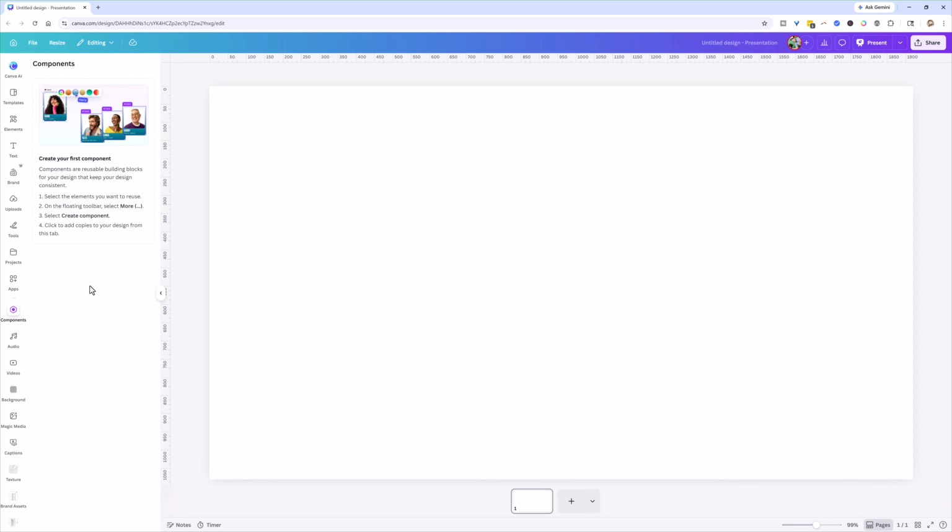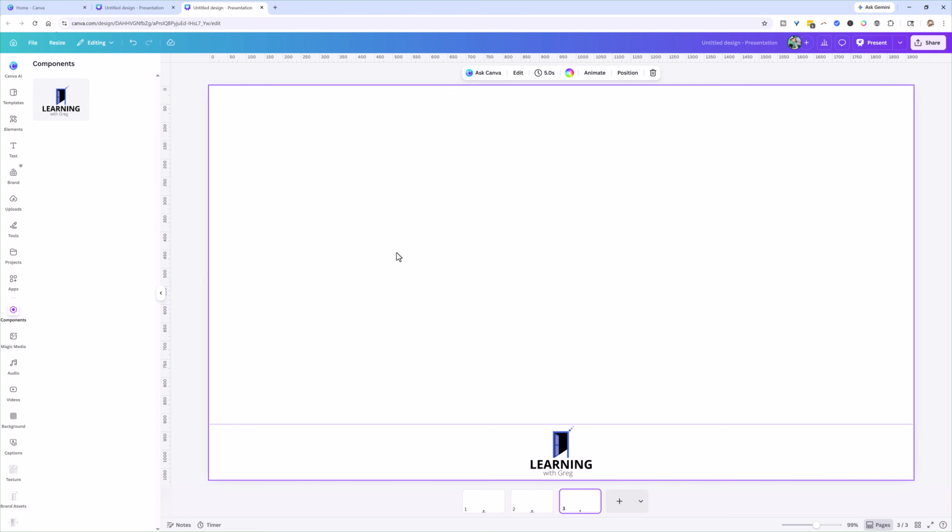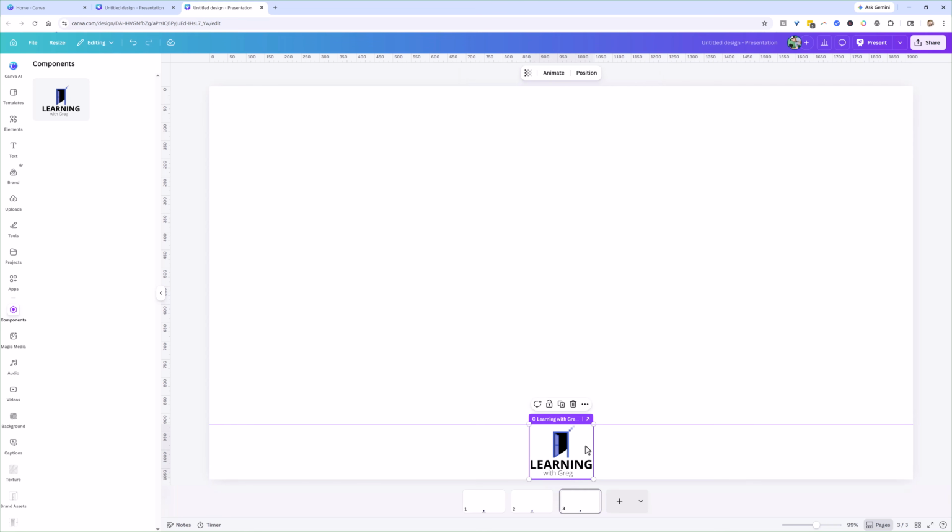Again, if you don't add it to your brand kit, then you're only creating a component for use in that design project. So if you just have a project where you want to do different things on different pages, like you always want to have a footer, and so you want to set up a footer, you can use it just within that project. So for example here also, I was just making this as a single component here,